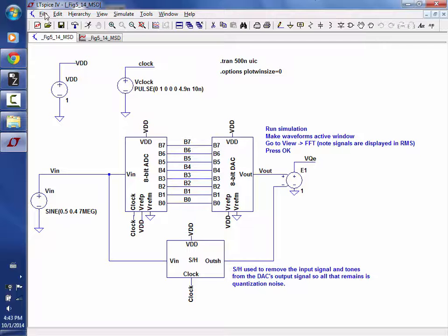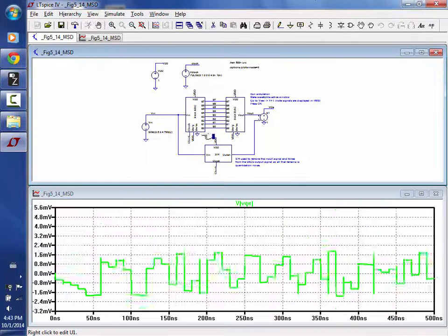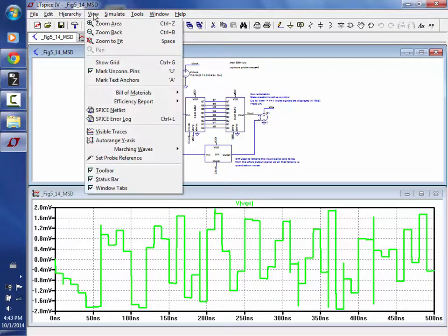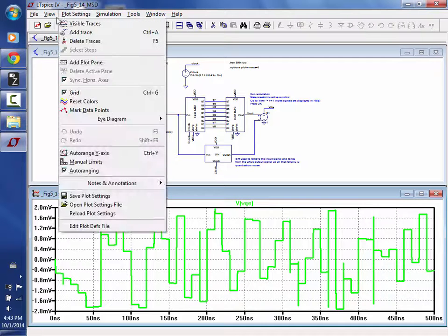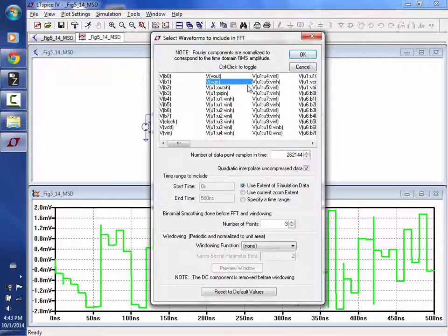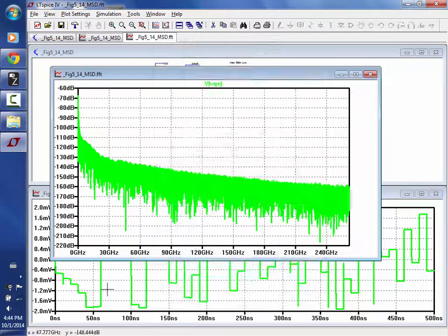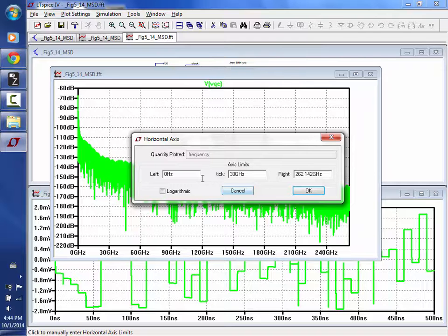There's other ways of doing it. You can take the spectrum and subtract the tone with the overall RMS, but if I hit run, and then I go view, oops, got to select the right window. That's view FFT and quantization noise, yes. And then I'm going to limit the spectrum. I'm going to first go just to 100 megahertz. Okay, so the key point here before I hit, oh, I got to hit MEG, don't I? The key point here is